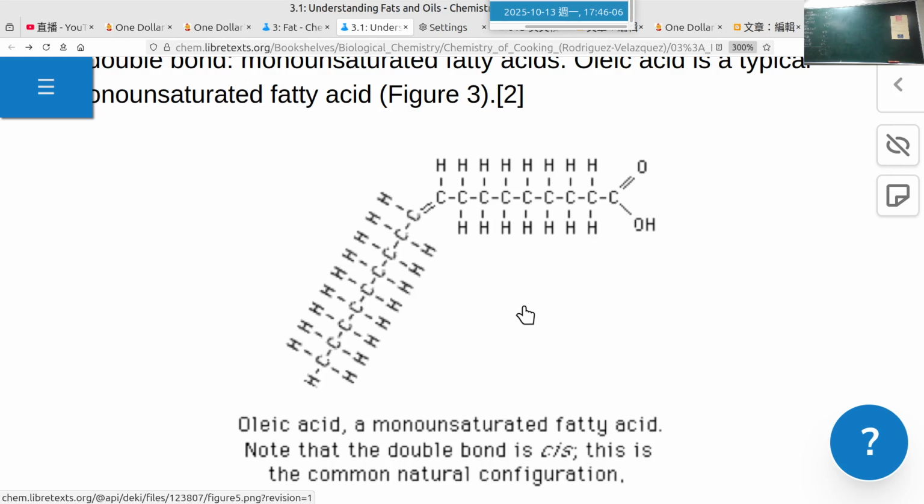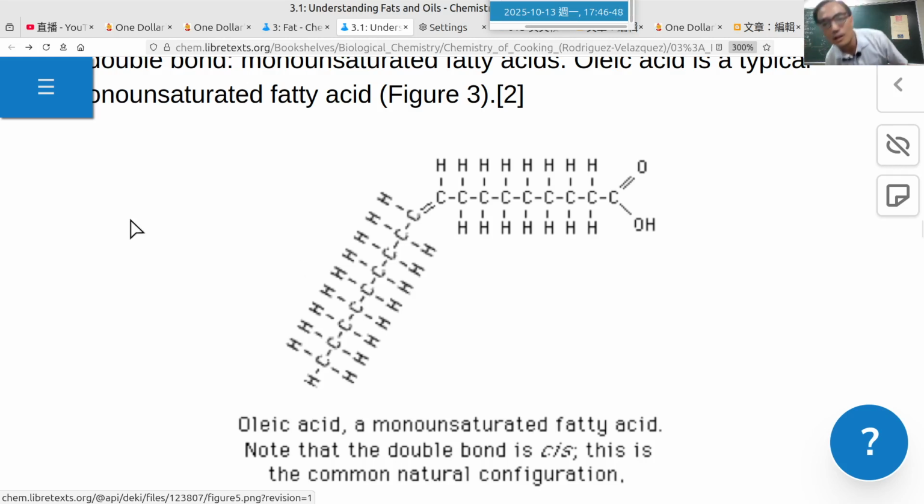Theoretically, in chemical structure, the trans is more stable, but I don't know why. Maybe God created this kind of structure. Almost all natural fatty acids with a double bond have the cis structure. I don't know why, maybe because it's more stable in plant oils and animal oils. But theoretically, chemically, trans is more stable. And now I believe you have heard about the hazards of trans fatty acids.